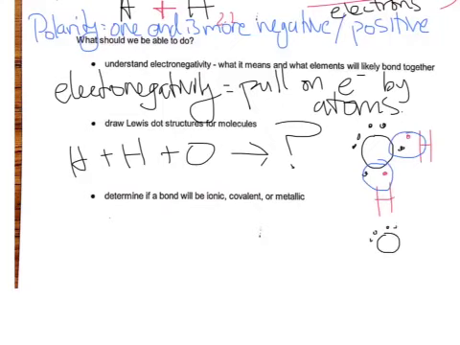We would have 2 lone pairs and 2 bonds, and it would look like this. So the oxygen's happy. It feels like it has 1, 2, 3, 4, 5, 6, 7, 8 electrons around it, which is what it wants. And hydrogen, because they're in that very top row, only